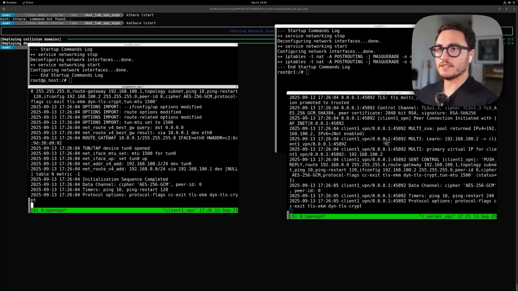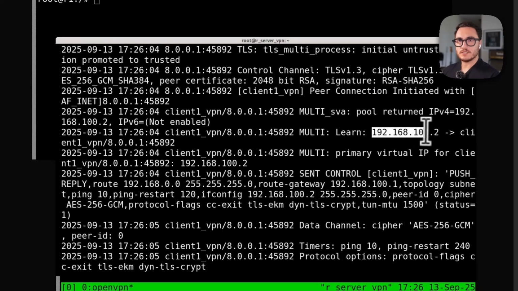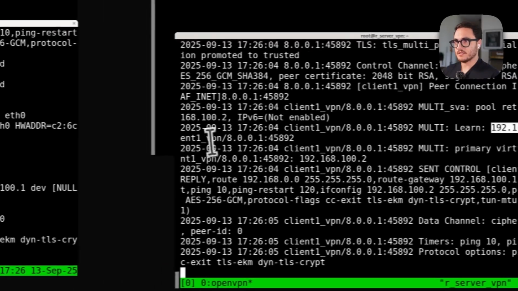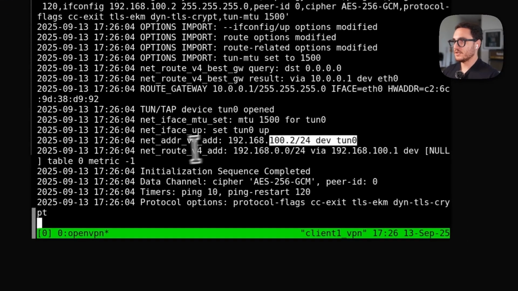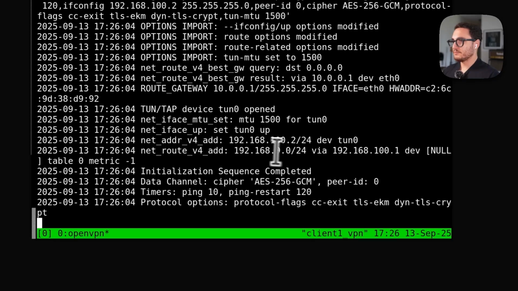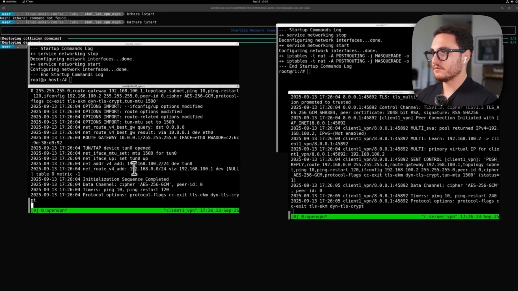And we're in. Let's see what happened on the server. What happened on the server is we assigned a new IP address to this client. And here we have 192.168.100.2 as being assigned to client1 VPN. Here we can see that we assigned that IP address to depton, and we can see that that push route pushed